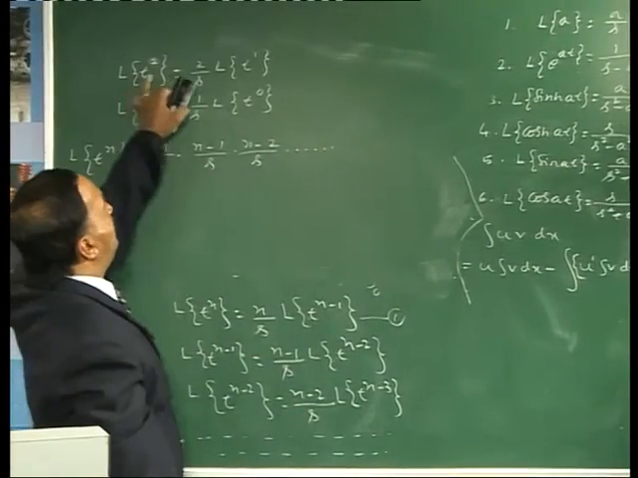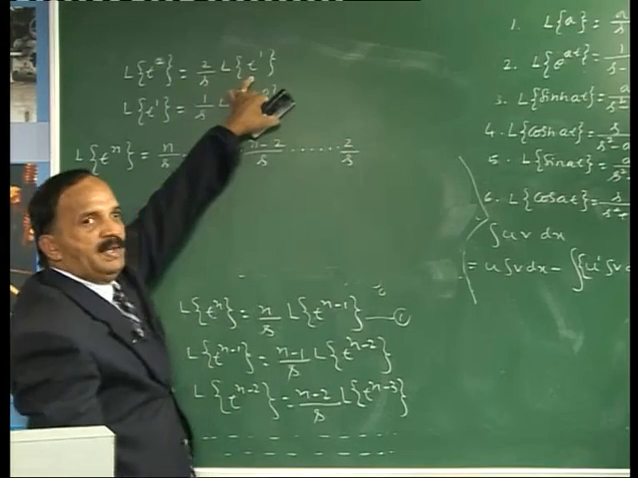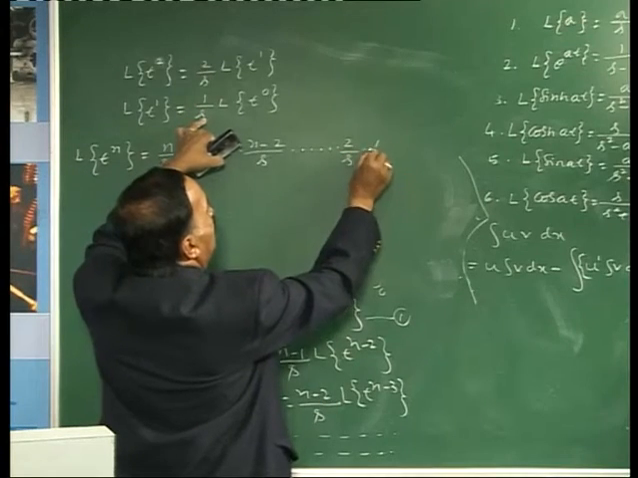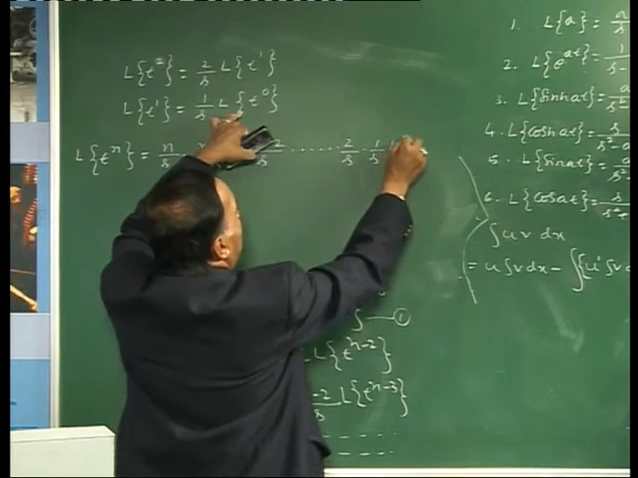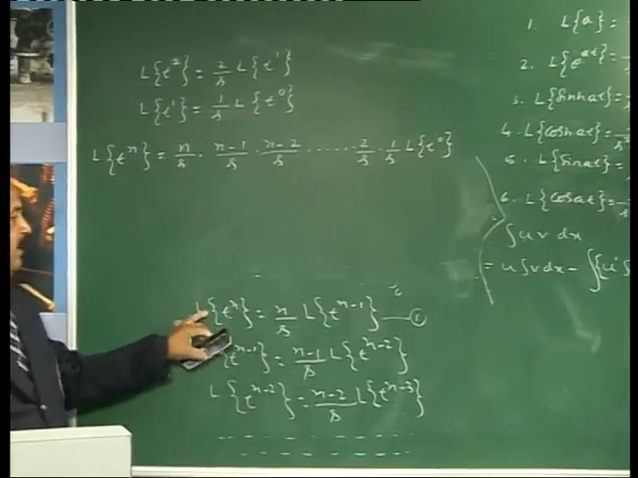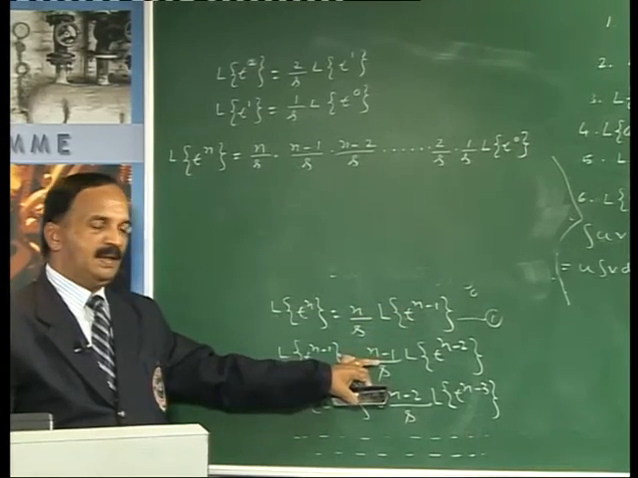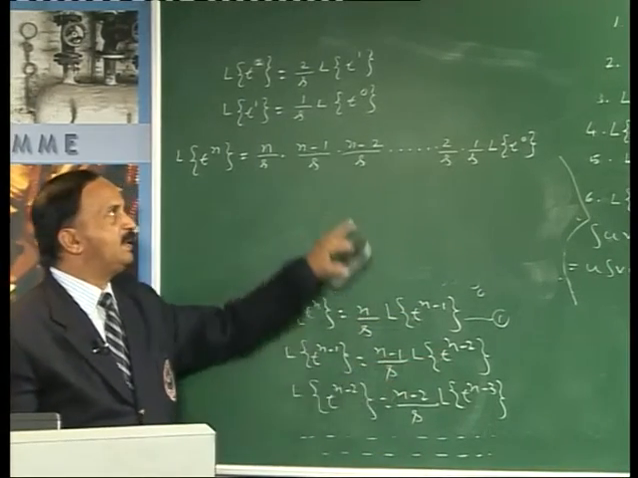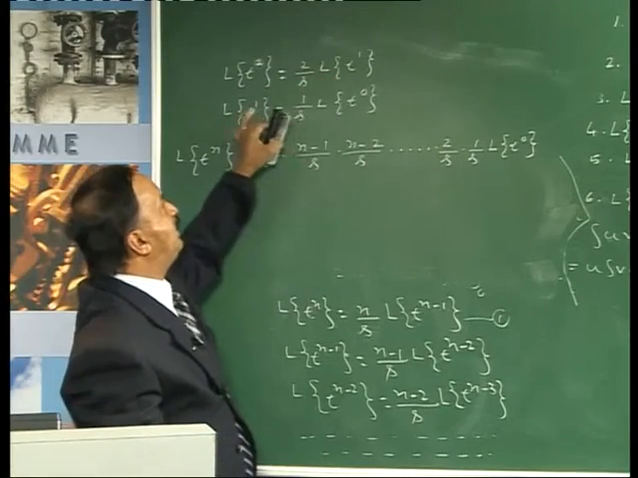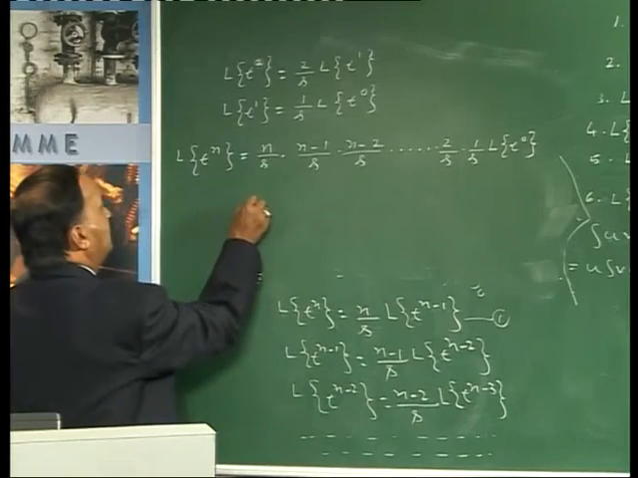etc. So L of t square equal to 2 by s into L of t to the power of 1. But L of t to the power of 1 is equal to 1 by s into L of t to the power of 0. So L of t to the power of n equal to n by s into this, but this equal to this here, again this equal to this here, etc. L of t square equal to 2 by s into L of t, but L of t is 1 by s into L of t to the power of 0. That is equal to,